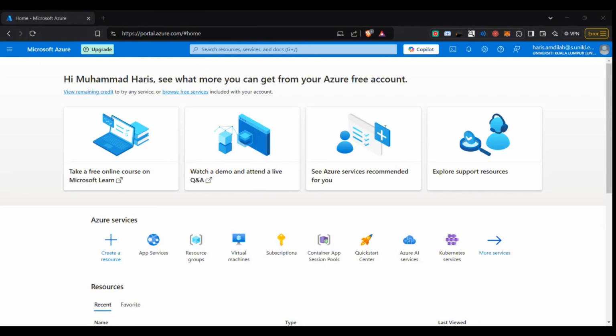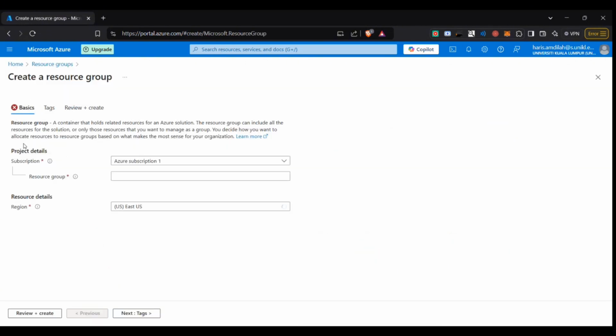So for the first tutorial, we're going to create a deployment slot. Here Haris will help me to show the tutorial. So we're going to start by creating a deployment slot first. As usual, we need to sign in to the Azure portal first, and then we need to create a resource. So go to create,